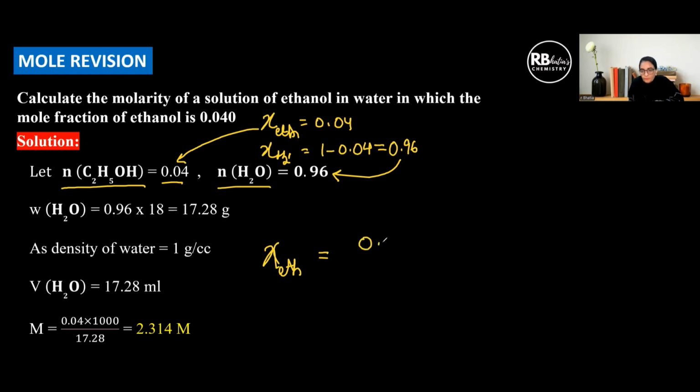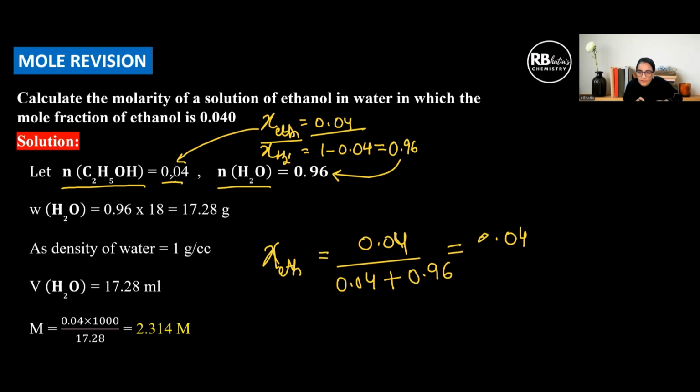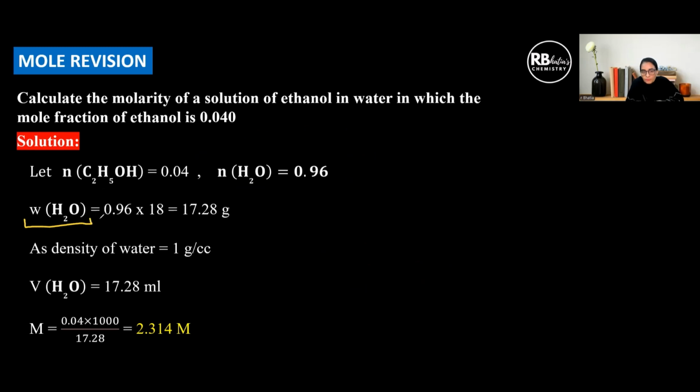number of moles of ethanol upon number of moles of ethanol plus number of moles of water, I still get this. Yeah, so I can very well assume the mole fraction to be equal to number of moles. Clear? Okay, once I do this, now I can calculate weight of water from the number of moles into 18,